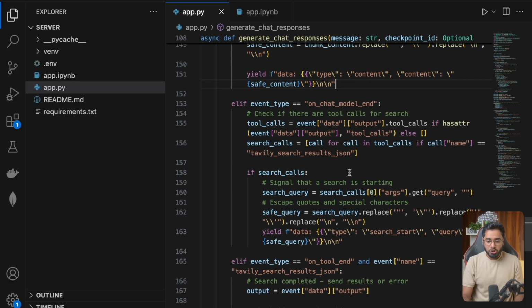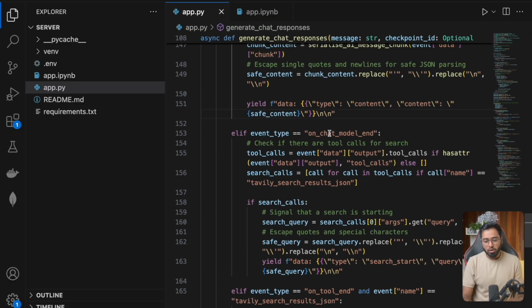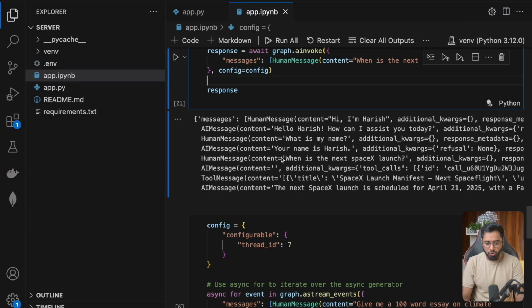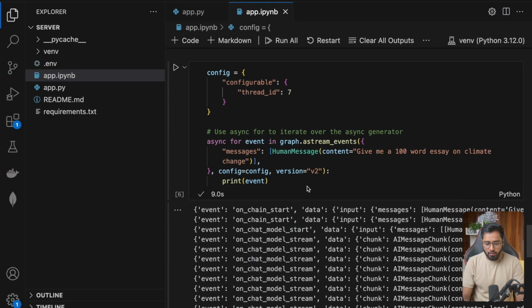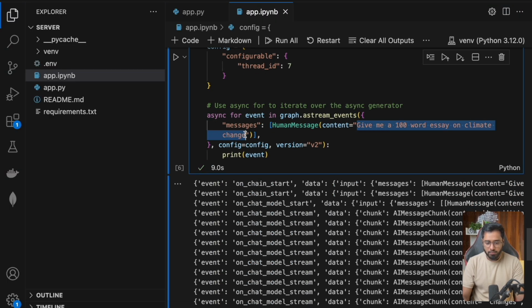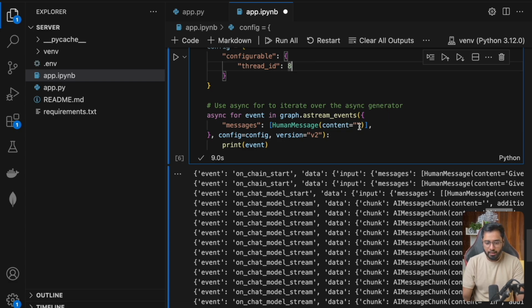Similarly, we are also emitting another event type called on chat model end. So we are emitting some data. Why are we doing this? Let me actually show you why. In this case, I'm going to change the thread ID, and I'm going to force the agent to use a tool call so that I can show you why we're doing that. So I can say, when is the next SpaceX launch? Okay, so if I run this,